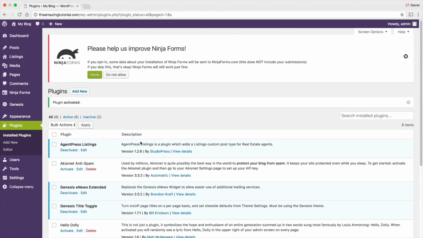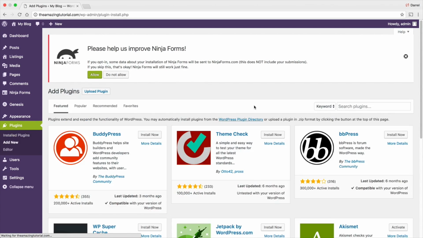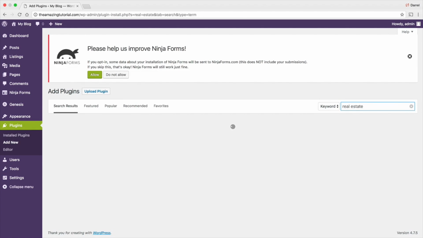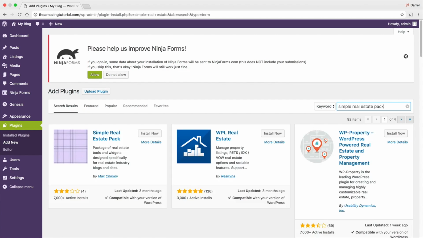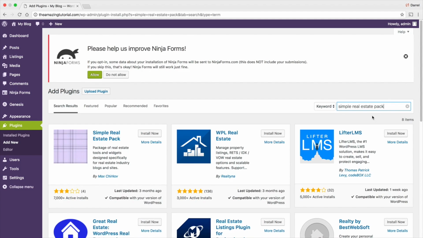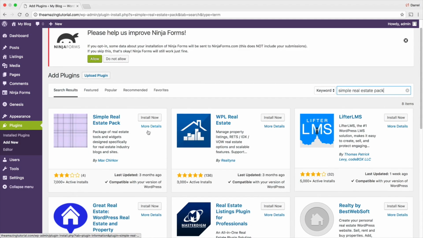Okay, next is the simple real estate. So right here, under add new. Now, again, this is optional. Remember earlier I talked about the ability to have like the mortgage calculator, etc. So this is basically what it does. So real estate, simple real estate pack. All right, and it's this one right here. So click on install